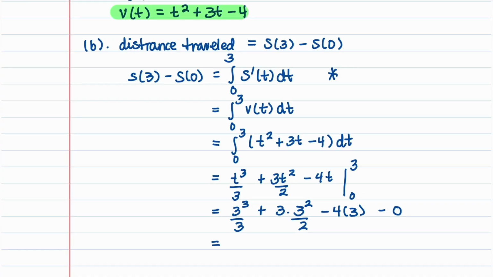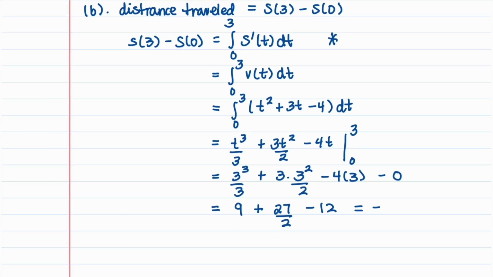3 cubed divided by 3 is 27 over 3, which is just 9. And then we have 3 times 3 squared is 27 divided by 2 minus 12. This gives us minus 3 plus 27 divided by 2. We'll get a common denominator of 2, and that's minus 6 plus 27. So this gives us an answer of 21